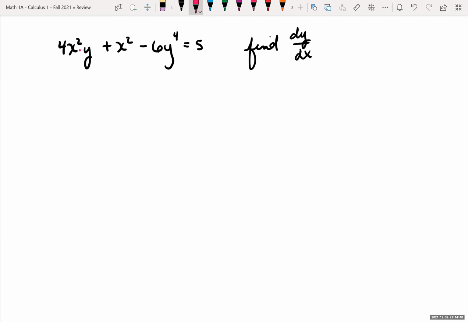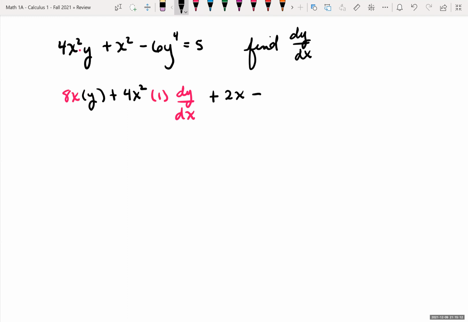So let's take the derivative of the first, 4x squared. The derivative of the first, 4x squared, is 8x times the second function, which is y, plus the first function, which is 4x squared, times the derivative of y. Well, the derivative of y is 1, but we took it with respect to y, so this is times dy/dx. Okay, so we just took the derivative of that first term, plus now taking the derivative of x squared, that is 2x,